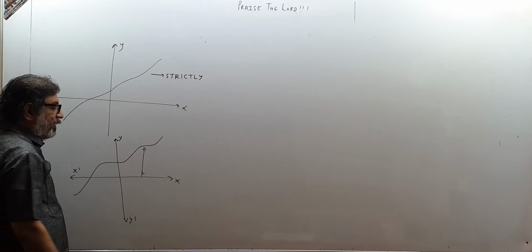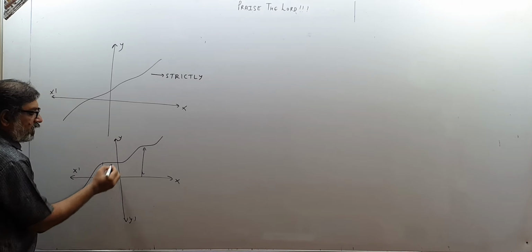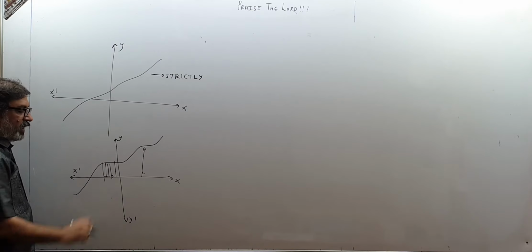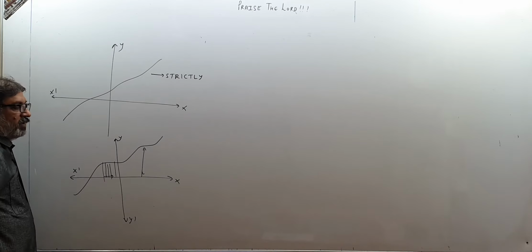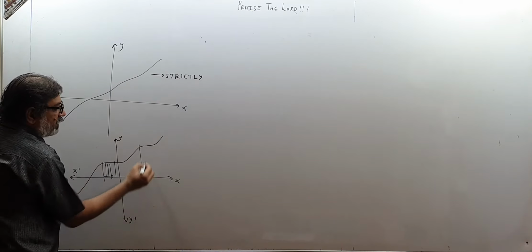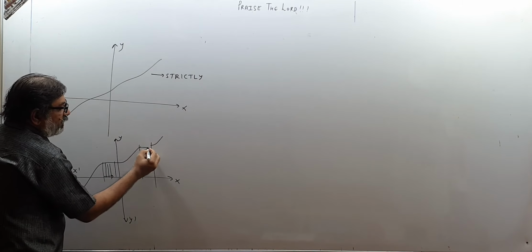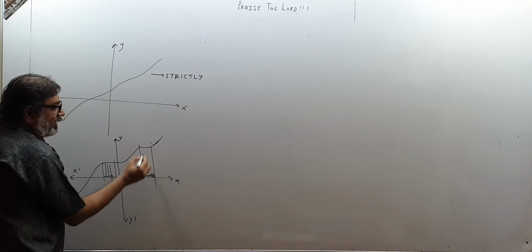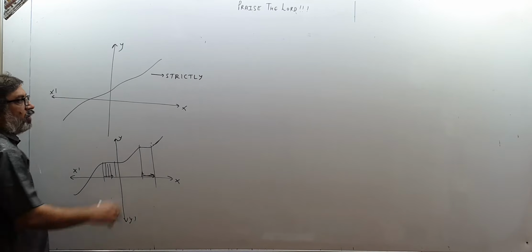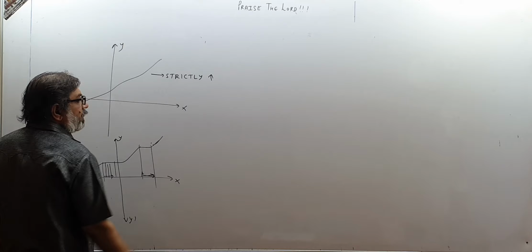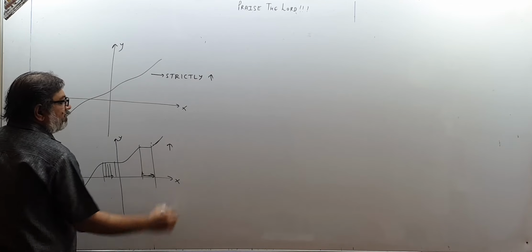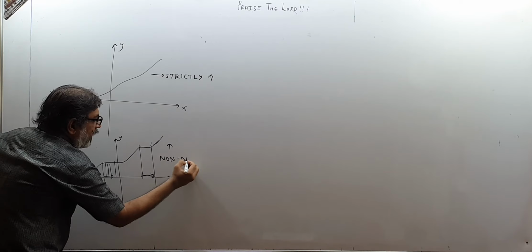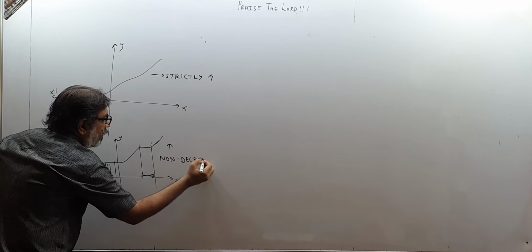But what is happening over here, from here to here I can see x is increasing, but f(x) is remaining constant. The height becomes constant for this much region. Here also I can see in this much region, my graph has become horizontal. So as x is increasing from here to here, the height does not change. So this is a strictly increasing function, and this is simply an increasing function. Or we can call it non-decreasing, at least it is not decreasing.